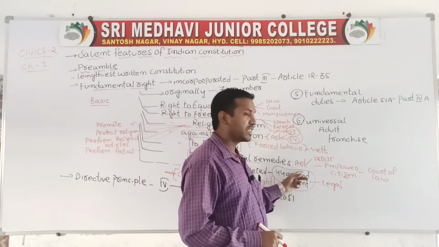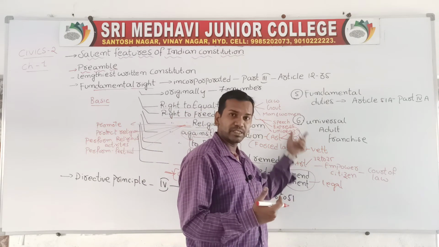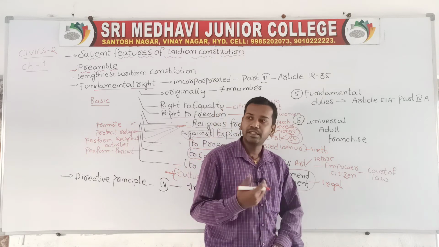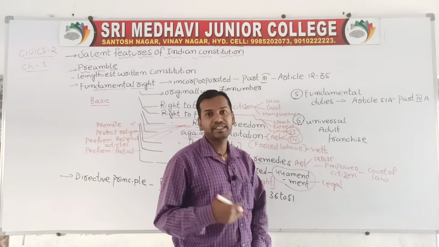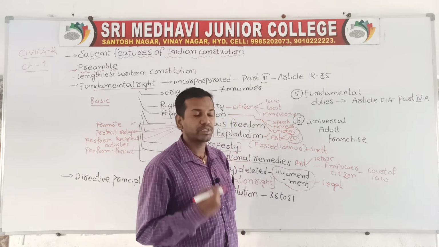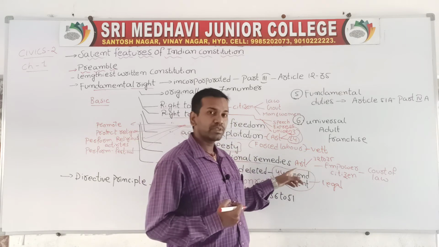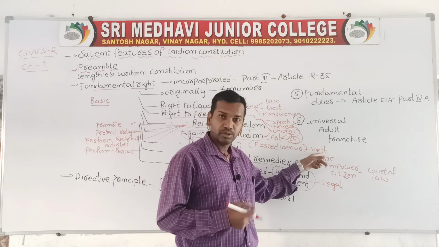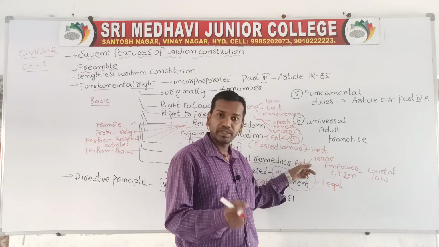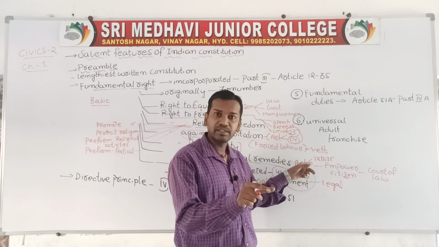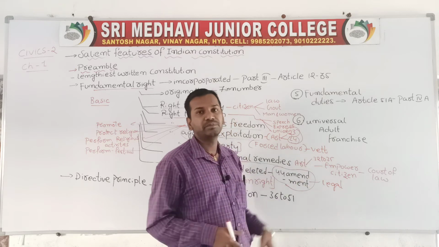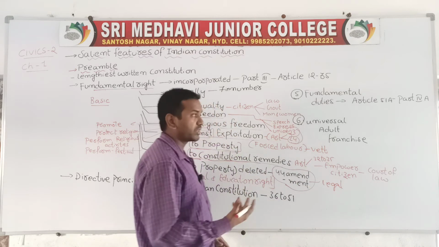So imagine that if any citizens are not getting the proper fundamental rights, all these 7 fundamental rights, then they have the right to go to a court of law. They can take the support of the court of law to achieve the fundamental rights. So this right was enacted according to Articles 32 to 35. When you open the book of the constitution, there we can find Articles 32 to 35 mainly deal with the right to constitutional remedies. So that is one point.